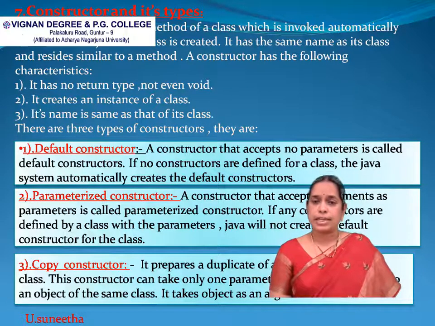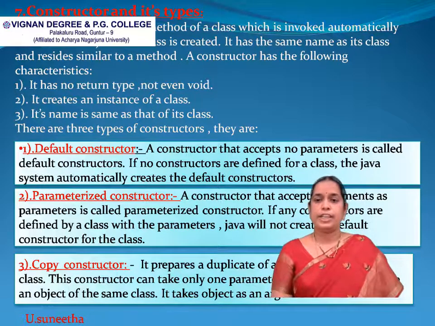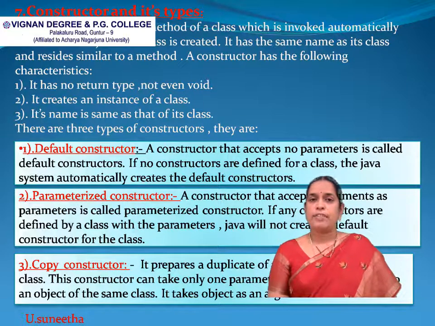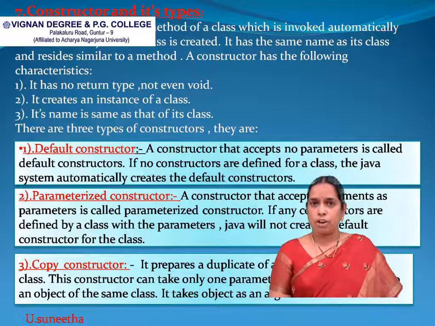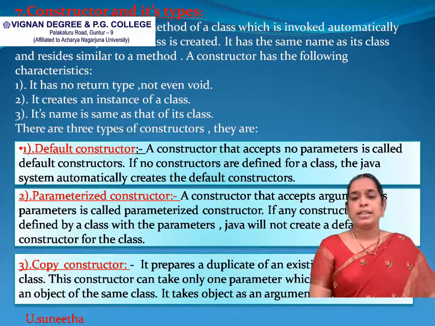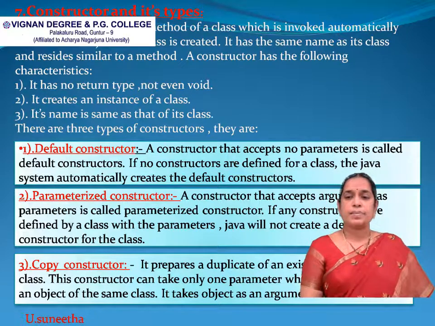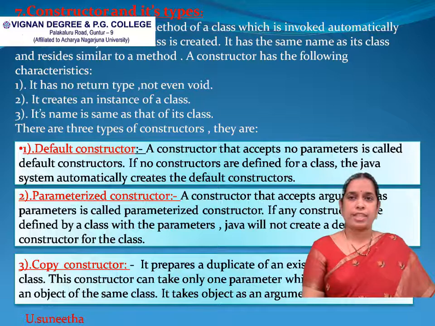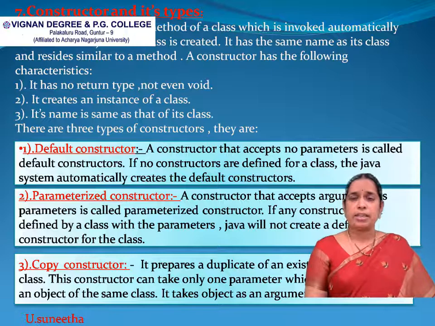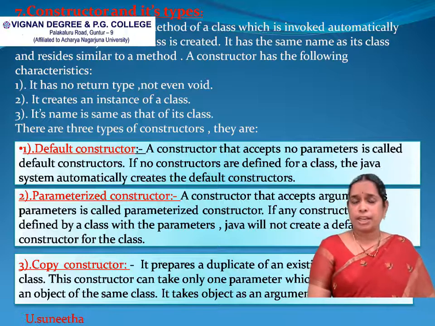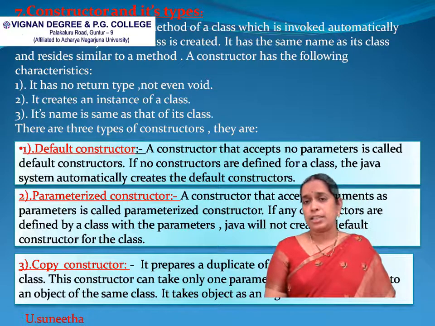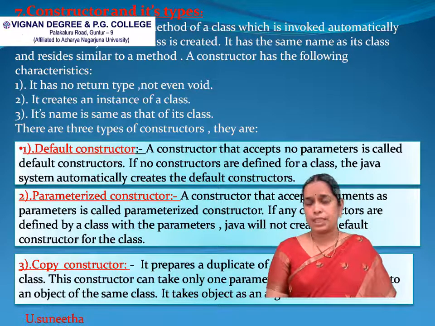Next, moving on to constructors. First of all, what is a constructor? A constructor is a special method of the class that is generally invoked when an object is created. It will be invoked automatically without any explicit calling, and here the constructor has the same name as the class name. That is, both the constructor and the class will have the same name. This has to be remembered. And the purpose of this constructor is generally to initialize the object when it is created. That is, we can provide the initial values for the object very soon after it is created.